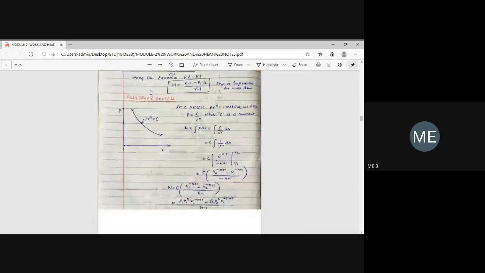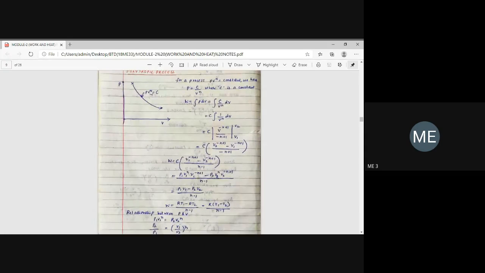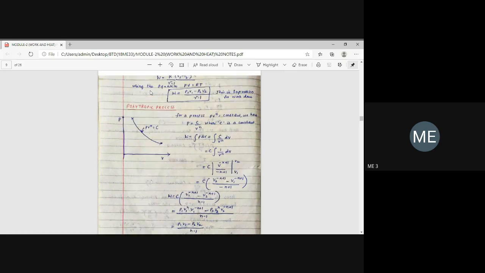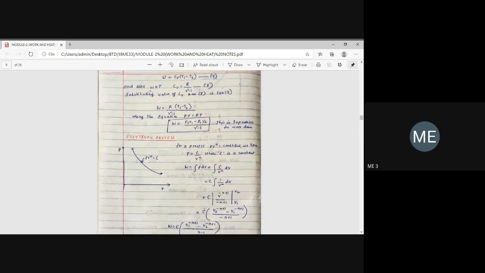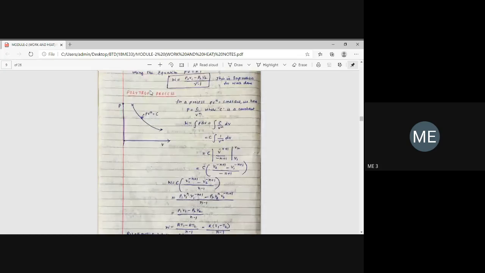Next, this one you see the diagram. So hope you understood the four equations of heat transfer during four process, and the last process is polytropic process. Okay. Polytropic process, the expression of work done is same as that of adiabatic process, only you have to change the index. The expression for work done during polytropic process is given by P1 V1 minus P2 V2 divided by N minus 1. Instead of gamma, you have to take N.